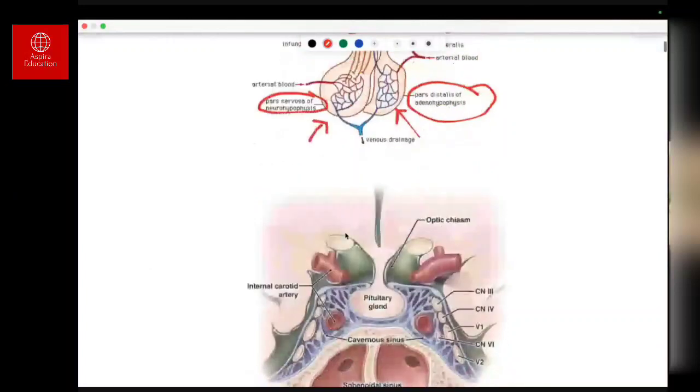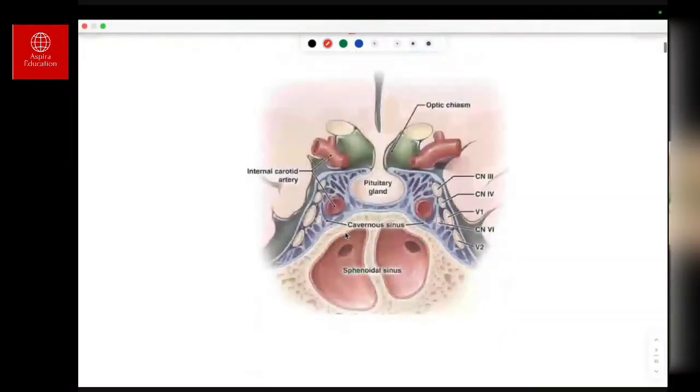Again, you should know the specific anatomy of the pituitary gland, how it is located. The location of the pituitary gland is very important. You have to know that the pituitary gland is situated just above the sphenoid sinus. The importance of the sphenoid sinus is that usually in transsphenoidal surgery, when there is a pituitary mass, you do surgery through this route, okay? You pass through the sphenoid sinus to reach the pituitary gland tumors. So you have to know this particular anatomy and this particular diagram whenever you are attempting your MRCP exam,